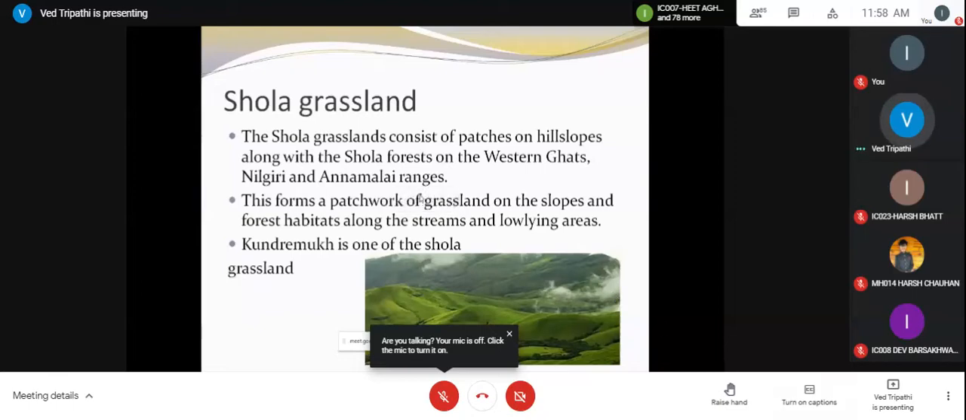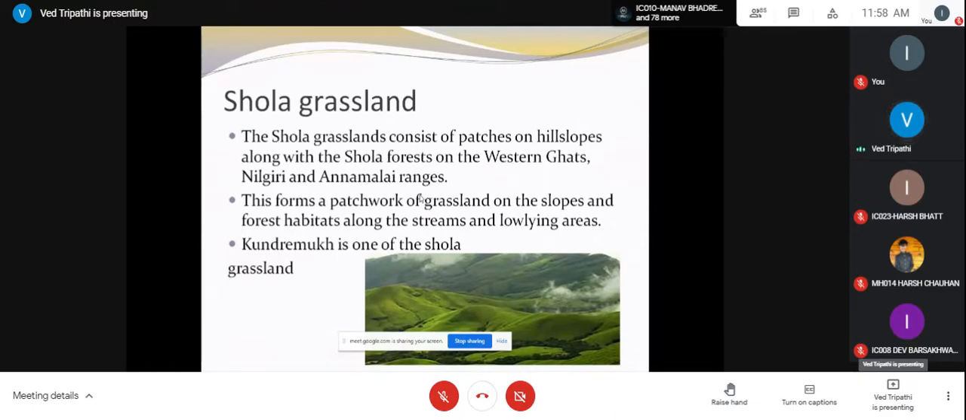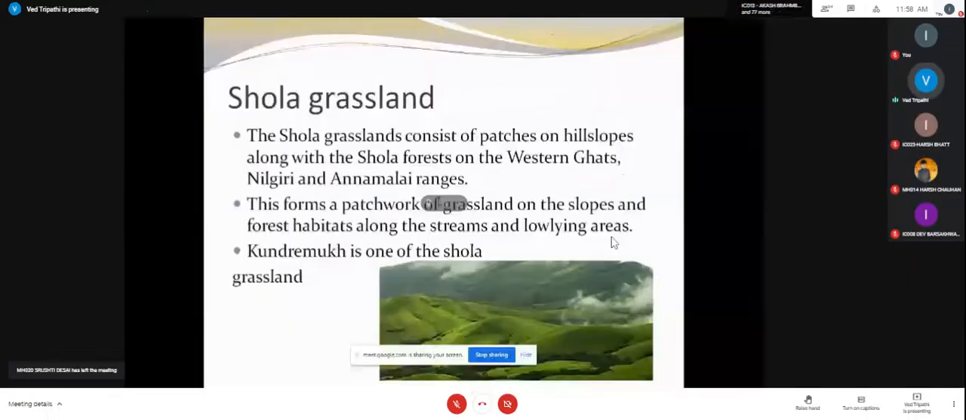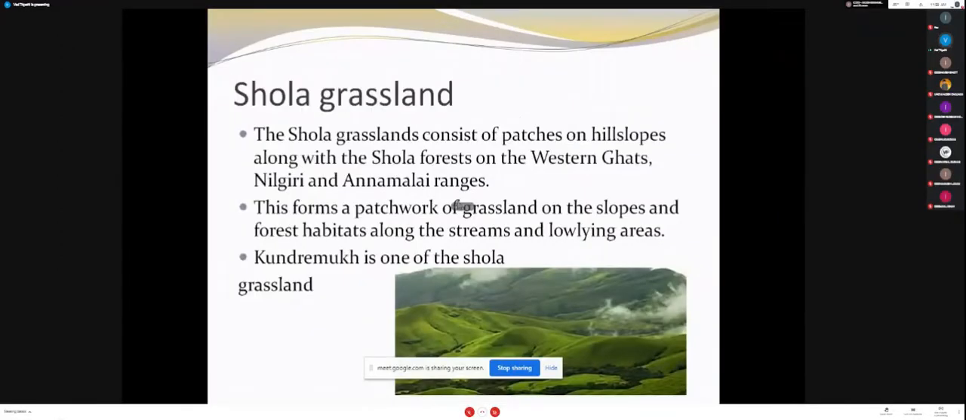High, but enough amount of rainfall is available. Okay, as we know, the Western Ghats are the first of the few geographic regions in India that get the rainfall from the southwest. So this forms a patchwork of grasslands on the slopes and forests, and it provides a natural habitat along with